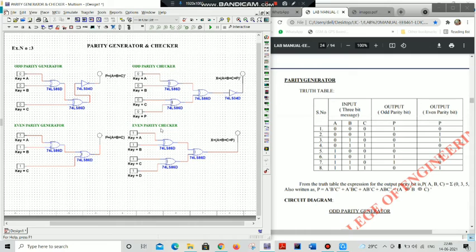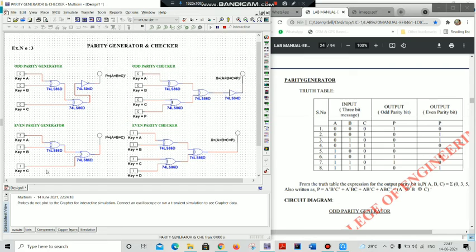So the generator and checker are the same, but here I am taking 3 bits, here I am taking 4 bits. We are using the generator on the transmitter side, and we are using the checker on the receiver side. So this is the difference between the generator and checker. Now I am going to run it in order to verify the truth table. I press the run button in order to check the truth table.